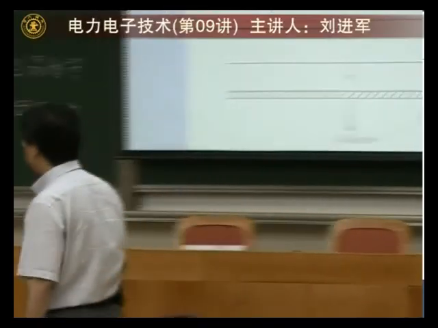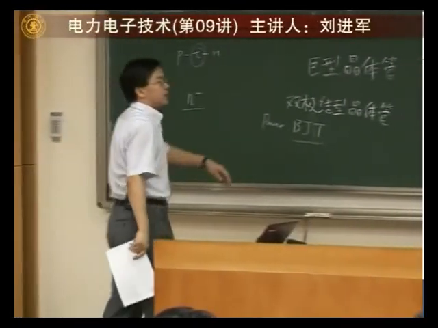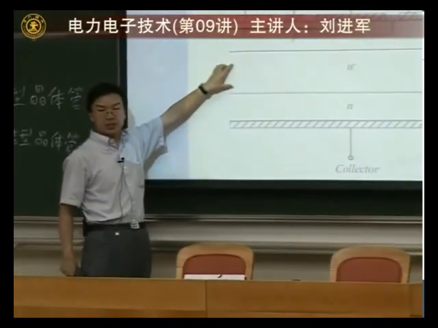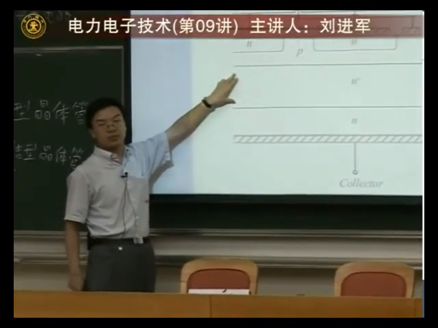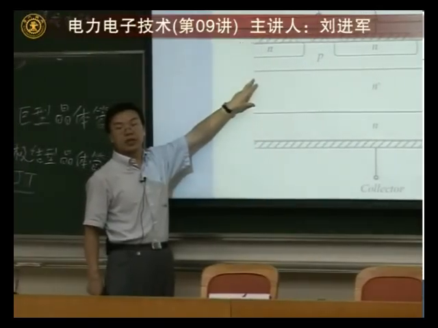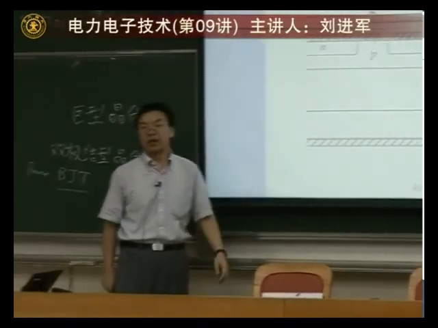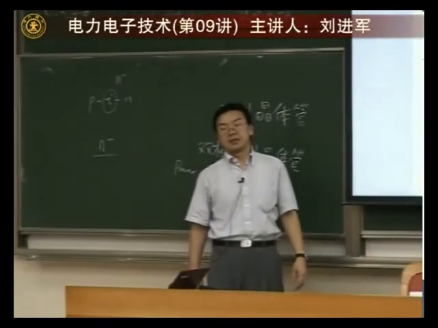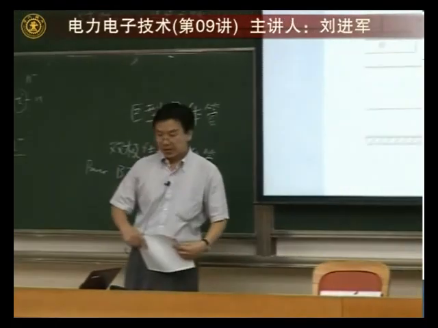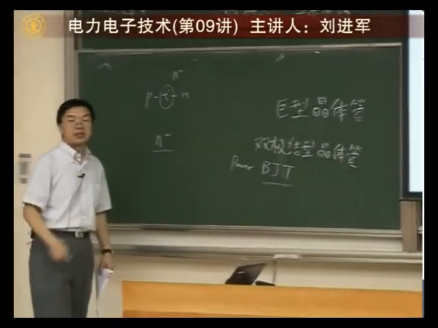The structure that makes GTR be able to handle high voltage is this N minus layer, extra N minus layer. For ordinary transistor in information electronics, they don't have this. This can block very high voltage. Okay? In order to deal with large current,